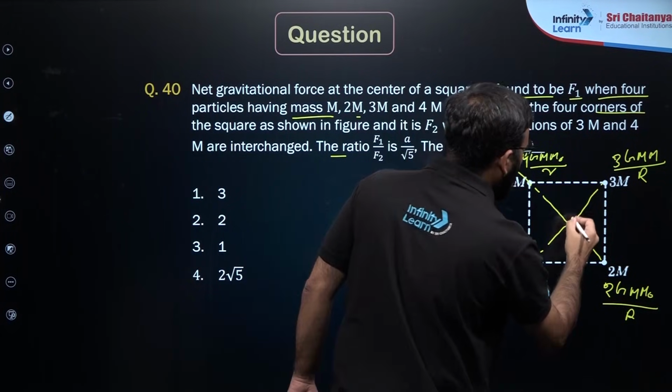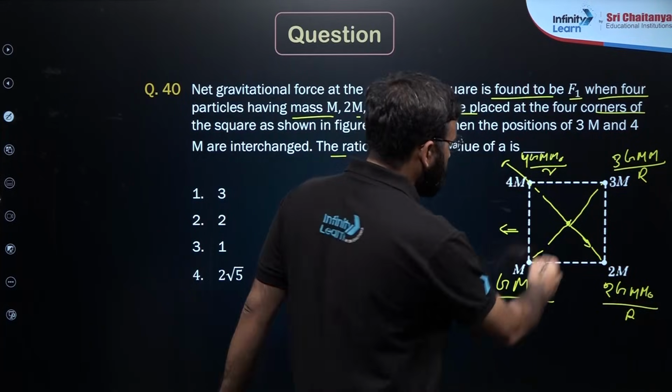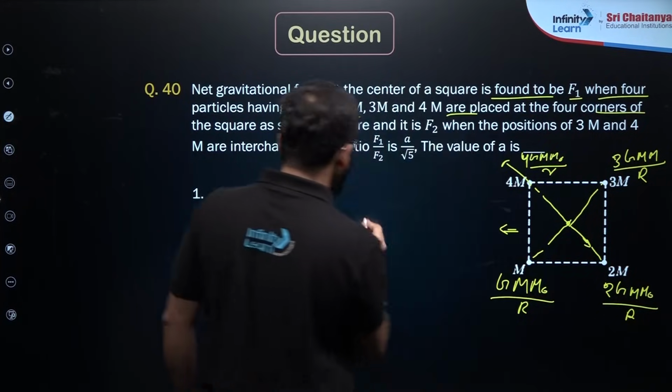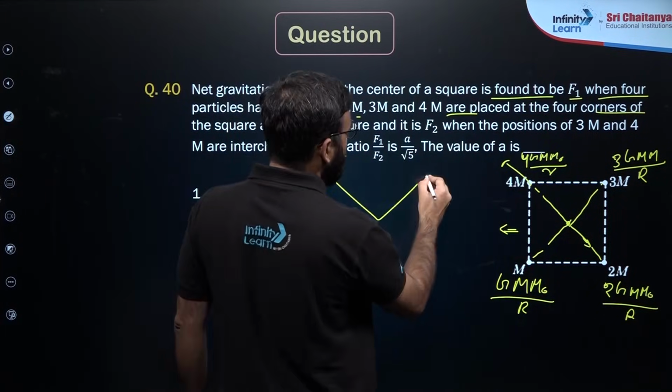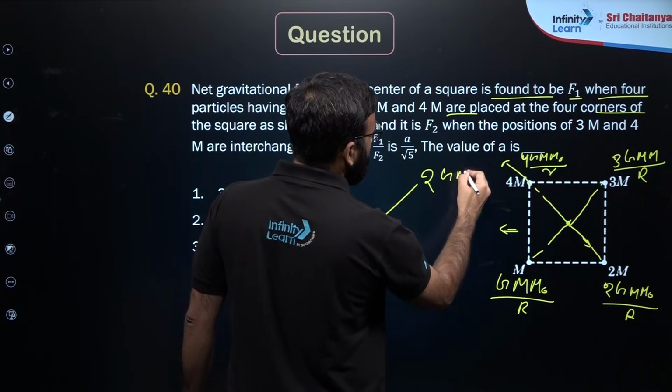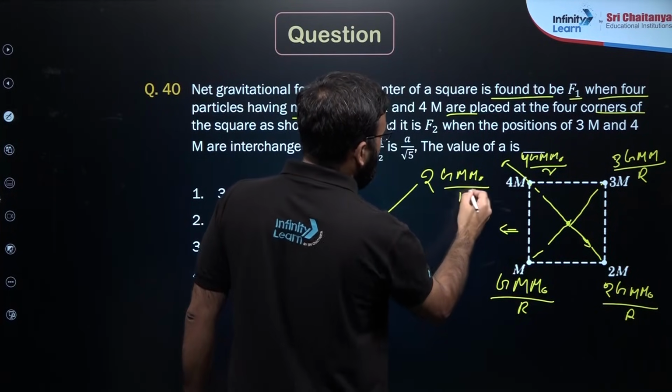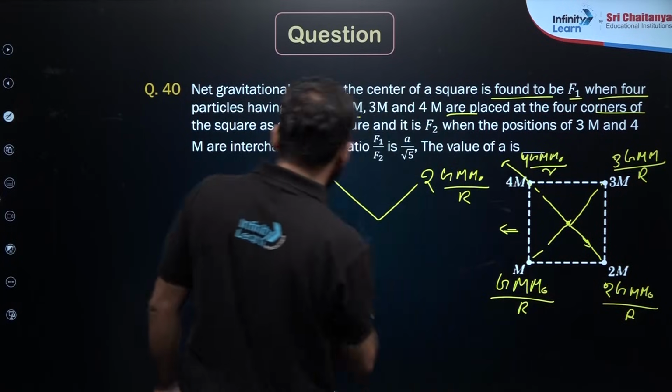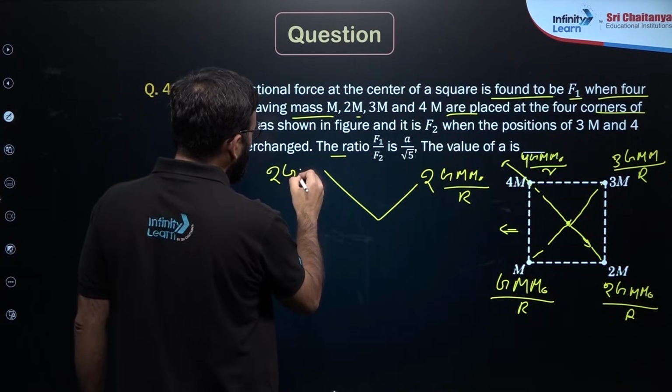Here I am just considering m0 mass. So here you can see this will be only 2. So what is the resultant that is left here? That is 2GMm0 upon r square,